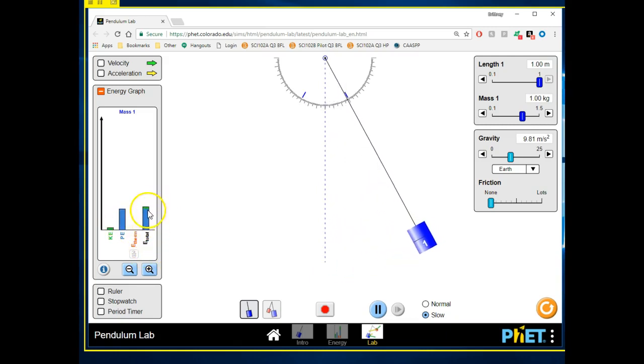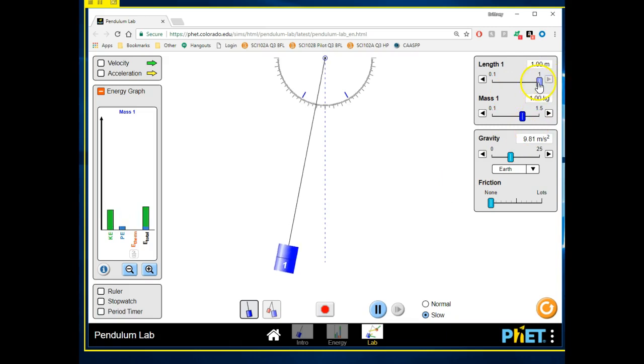So looking at this, guys, are there times where the bar is both blue and green? Yeah, definitely, which goes to show us that kinetic and potential energy can exist at the same time in these middle parts, right? Not in the exact middle, but in the falling part or the rising part, they exist at the same exact time.